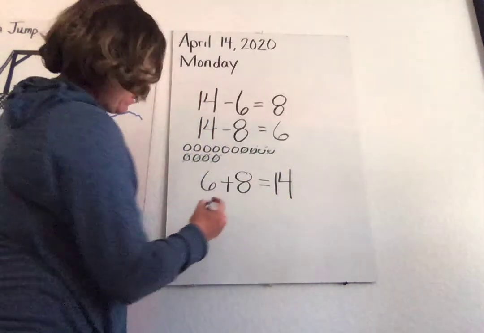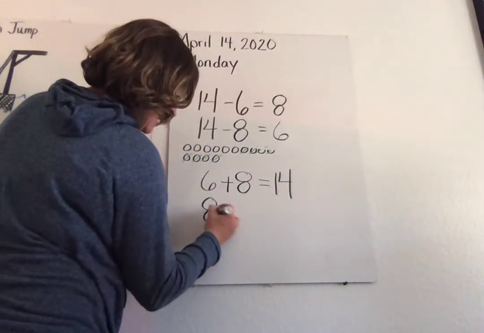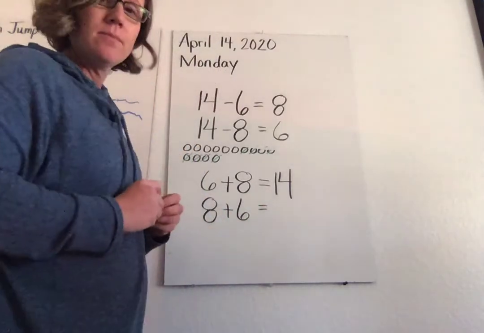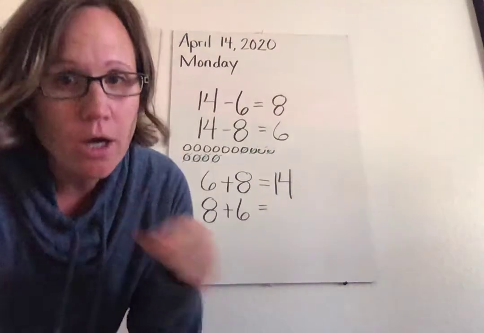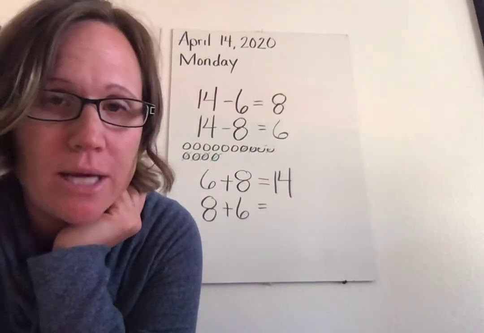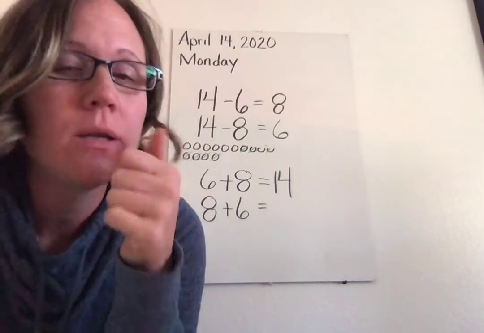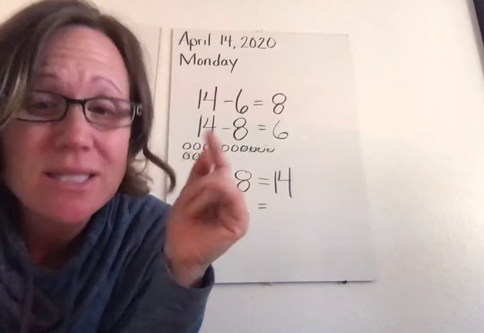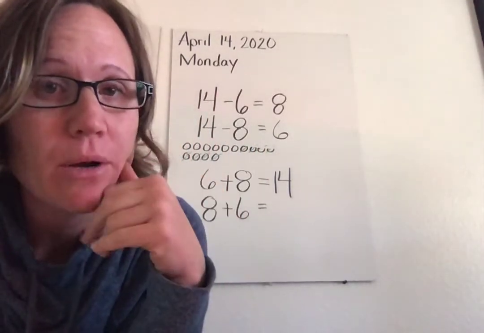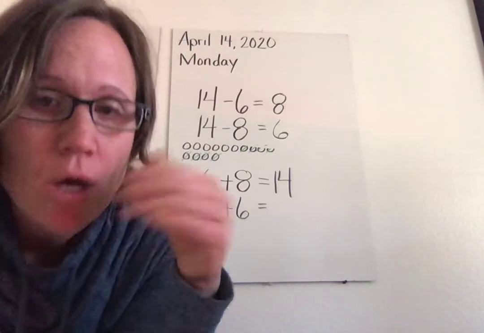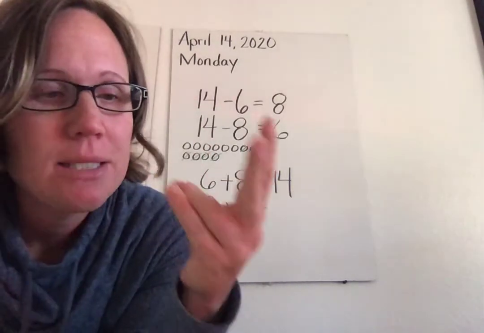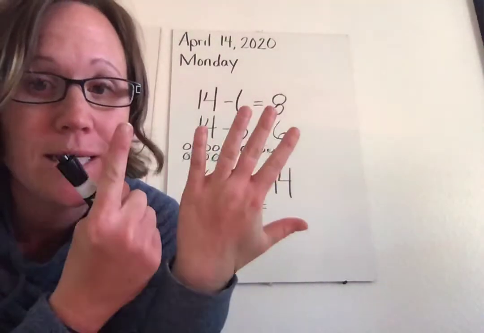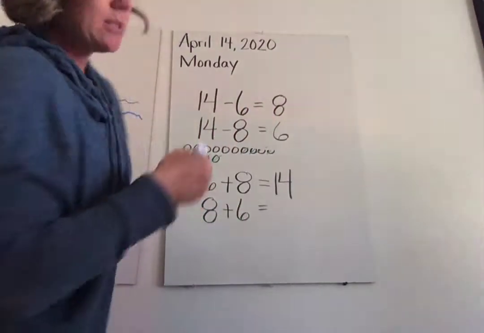Our last problem is going to be 8 plus 6. Now, if you haven't caught on, we're going to do this with counting on one more time, okay? If you have caught on, good job. Ready? So we're going to put 8 in our head. Go 8 because that's the bigger number. You want to start with the bigger number when you're counting on using addition. So go 8, 9, 10, 11, 12, 13, 14. That's our same number,